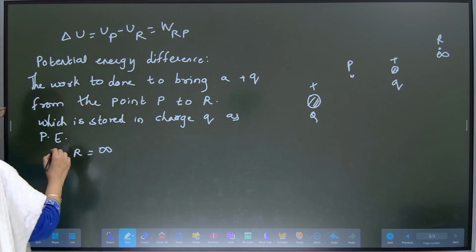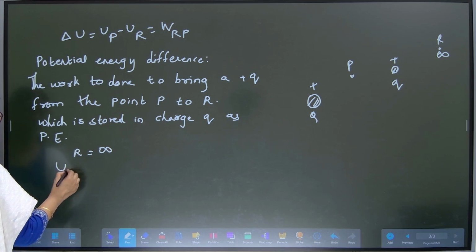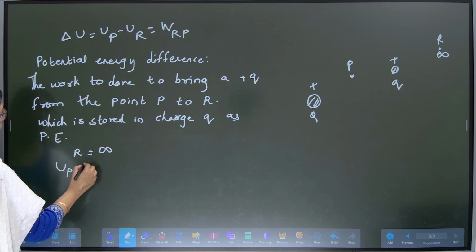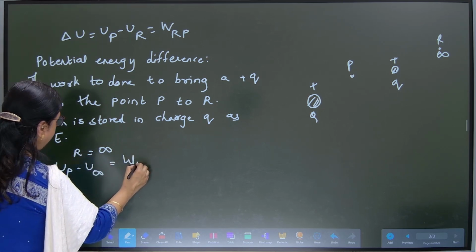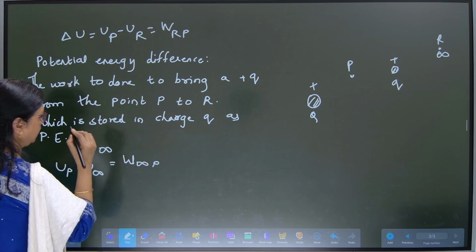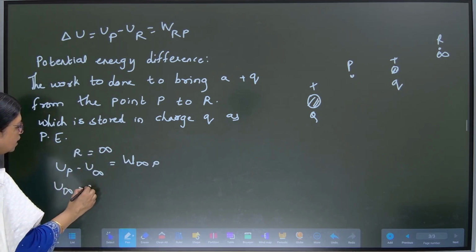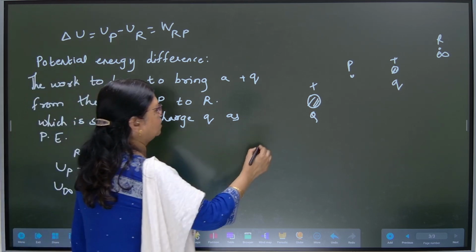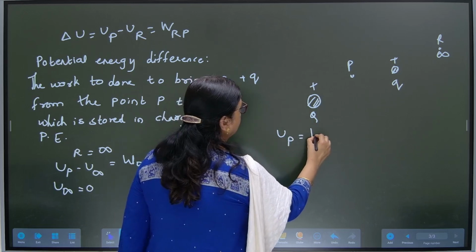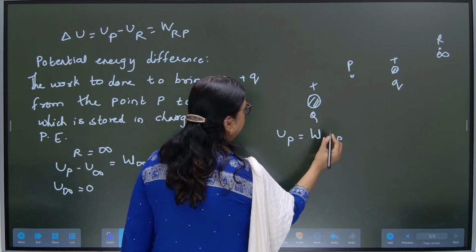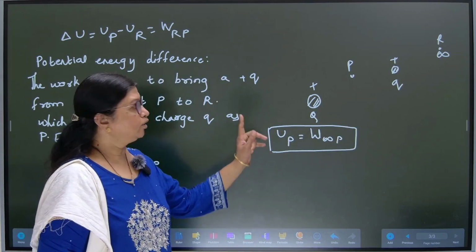So let me substitute here, instead of R, I can substitute infinity. So what do I get here then? I get UP minus U infinity is equal to W infinity P. So now what do I read it as? U infinity is nearly equal to 0. So then what do I get? I get UP is equal to W infinity P. Now can I read it? What is this now? UP